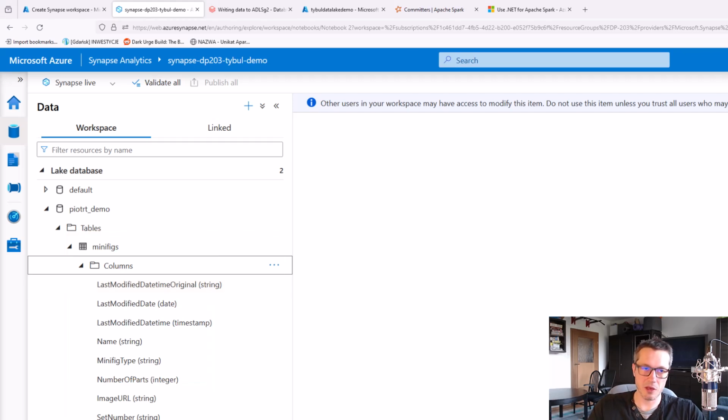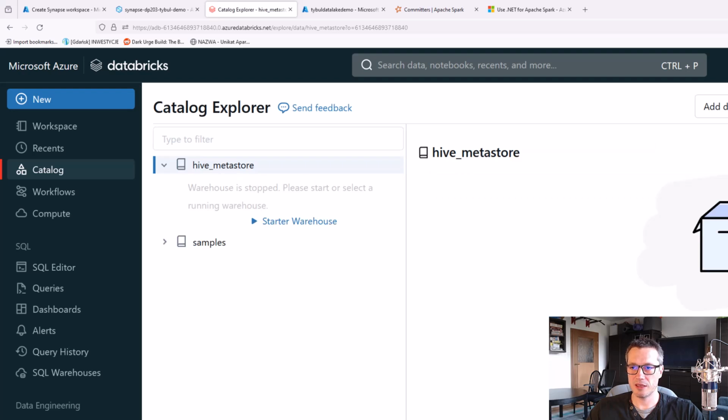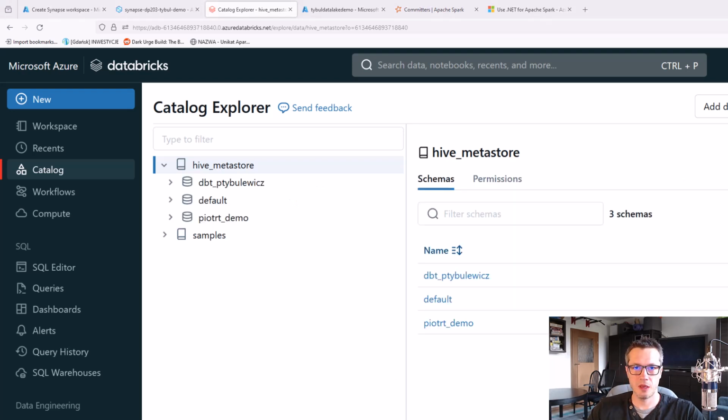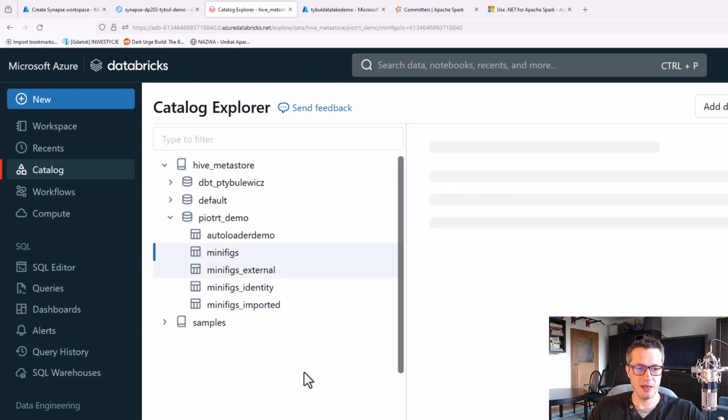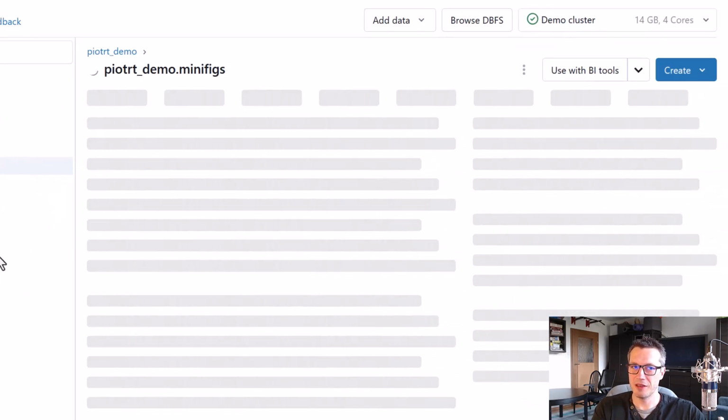And we can compare this UI with our catalog from Databricks. So in Databricks, we would use this place. And I would have to start some cluster. So let me start it. And once it is up, I will be back and I will show you how it looks here. Alright, so my demo cluster is up, and that's how it looks in Databricks. We've got this default, Piotr demo database, and we have this minifix table,